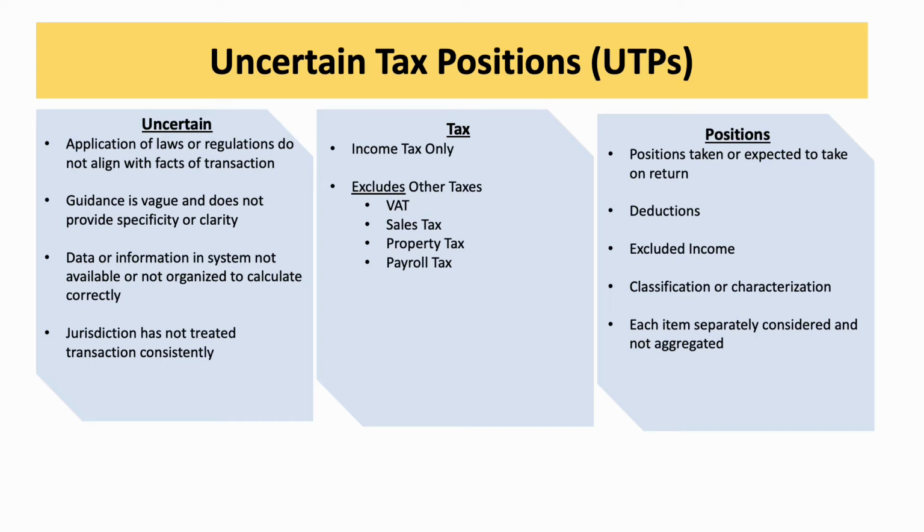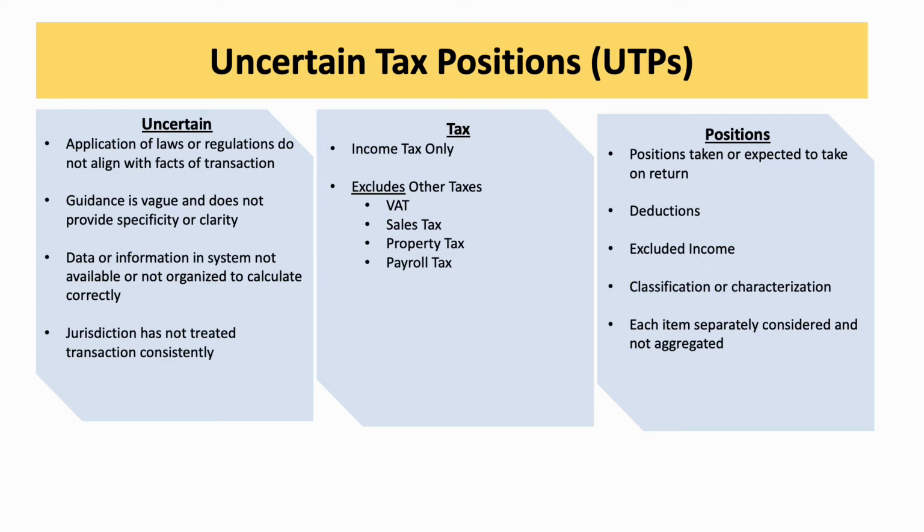So when we talk about uncertain tax positions, we only refer to income tax. We do not include VAT, sales tax, property tax, payroll tax, or any other kind of above the line tax when we talk about uncertain tax positions. The third component is positions. So what does exactly a position mean? So position means